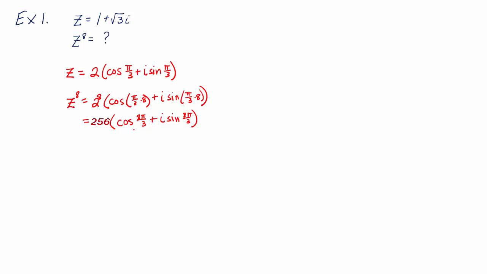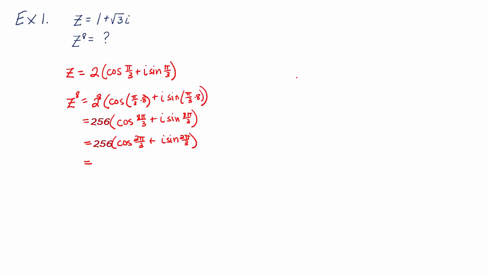This is 2 pi over 3 beyond one full circle. So I'm going to find that coterminal angle that I can work with of 2 pi over 3. And now I can actually know what this number is in a plus bi form, because the cosine of 2